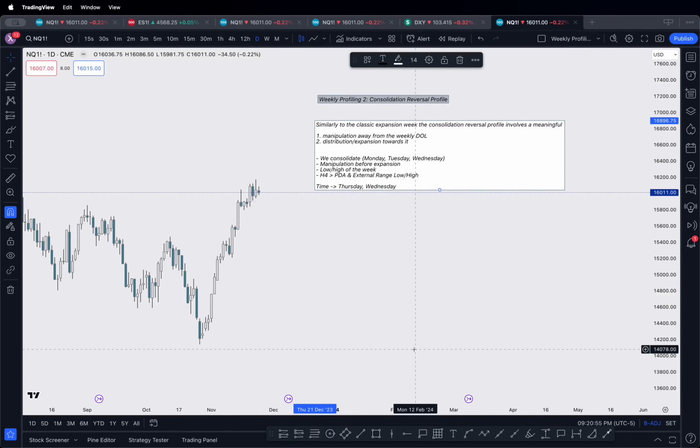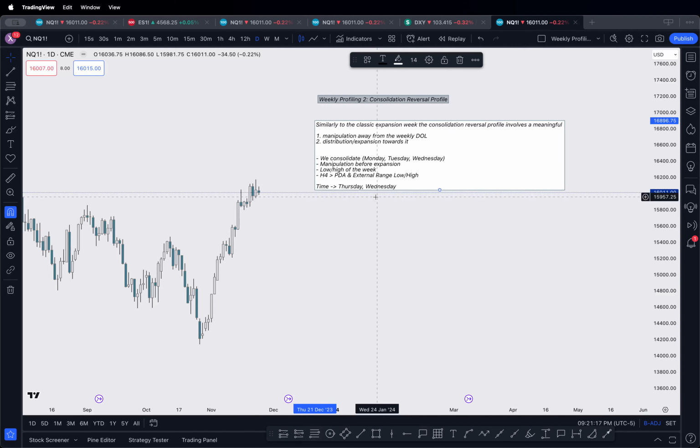Tell me what we have next week. I actually don't know. When's the first high impact news day? Tuesday. Yeah, Tuesday. So do we expect a consolidation reversal profile next week? Don't think so. No. So immediately you can look at time to consider which profile for the weekly profiling